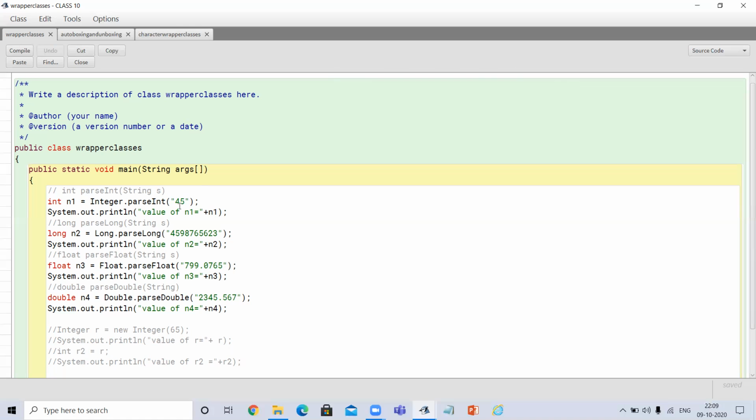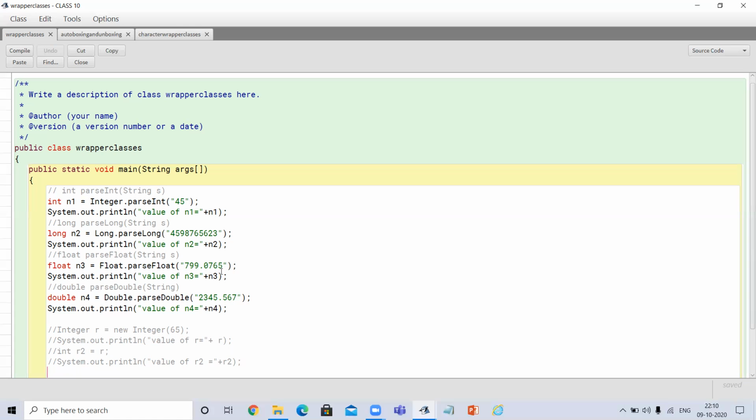You can see here in these methods I am passing 45, this long integer, this float value, and this one is a decimal value again. But these are all kept within double quotes, so it is a string, not an integer or long or float or double.